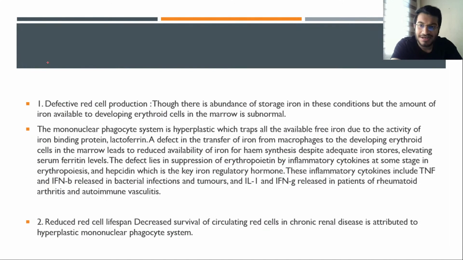So first of all, defective red cell production. Though there is evidence of the storage iron in these conditions, the amount of iron available to developing erythroid cells in the marrow is subnormal. The mononuclear phagocyte system is hyperplastic, which traps all the available free iron due to the activity of the iron binding protein lactoferrin. A defect of the transfer of the iron from the macrophages to the developing erythroid cells in the marrow leads to the reduced availability of the iron for heme synthesis despite adequate iron stores,